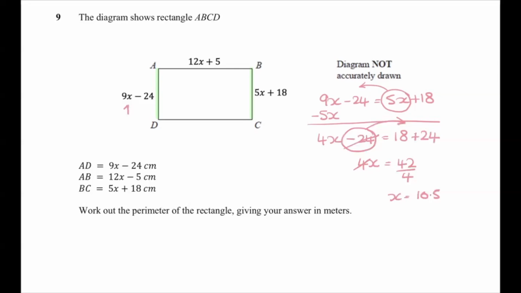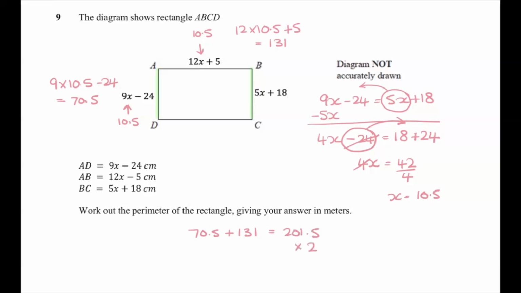So 10.5 will go in where the x is here, and I will work out what that edge is. I will do the same here, put the 10.5 in and work out the edge. And now I've got everything I need to help me find the perimeter. 70.5 plus 131 gives me 201.5. That takes me halfway round. I just need to double it to include those two additional edges, and I will get my final answer of